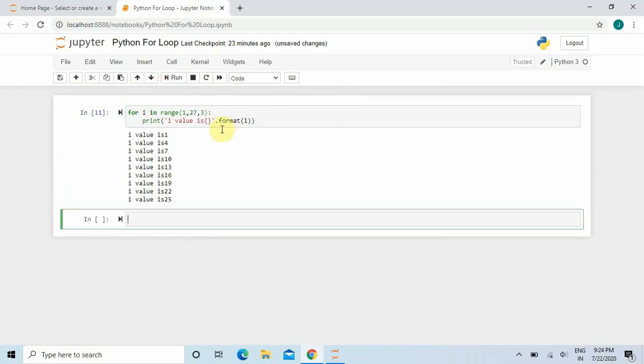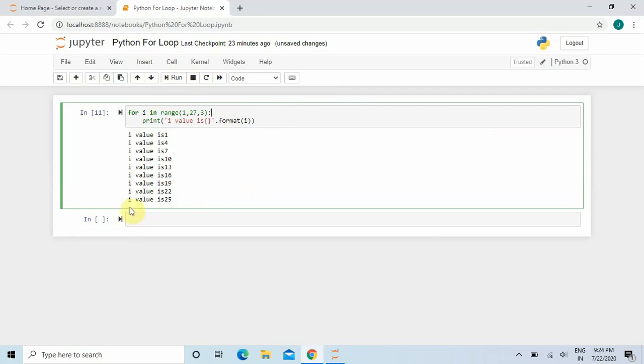Let me run it. Now you can see here that it is still displaying 25 and it is not displaying 26. Why? Because for every iteration I am adding 3 to the previous value, and it will keep on adding and give the final result as I value is 25. It will reach here, and it will again try to add 3, that is 3 plus 25, and it is becoming 28.